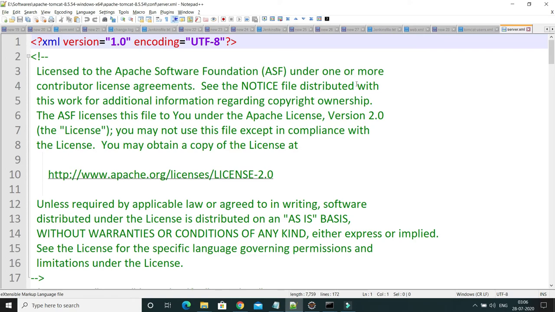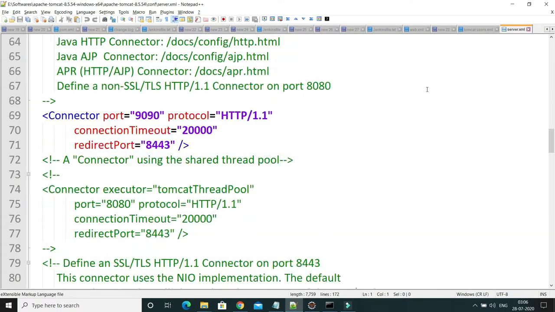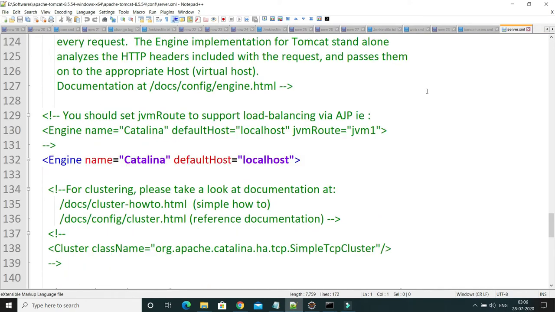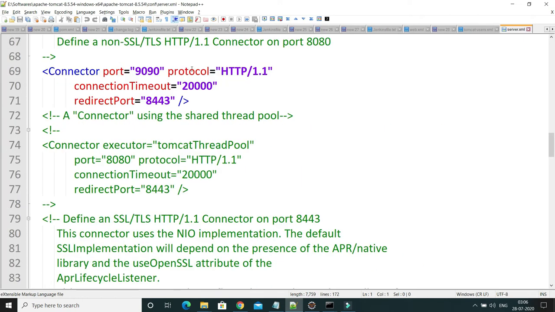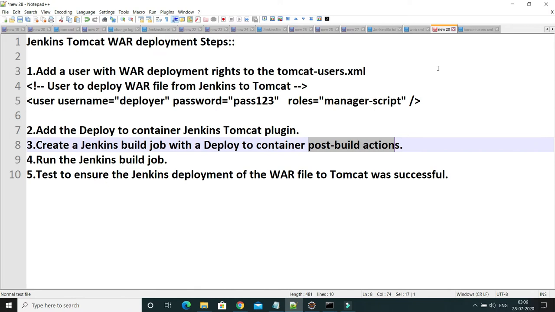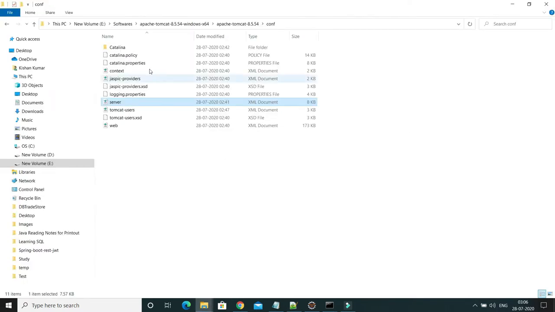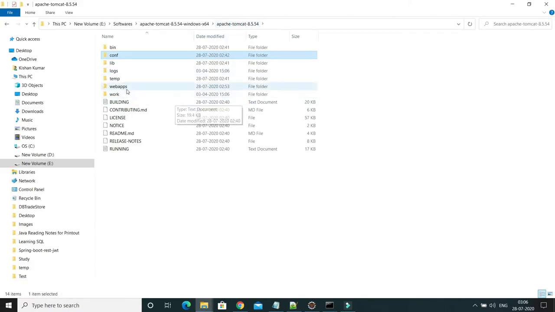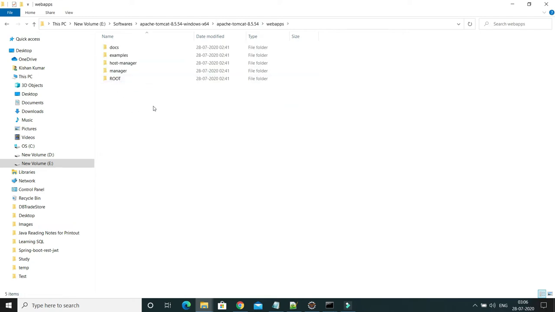So if I go to server.xml, here you can see in the connector tag you would get the port. If you download the Tomcat, then this will show 8080. I have changed it to 9090. So my Tomcat is running on 9090, right? Here if you look at the webapps, the deployment is still not done. This deployment I want to do through Jenkins. All the deployments will happen in the webapps, as you know, right?